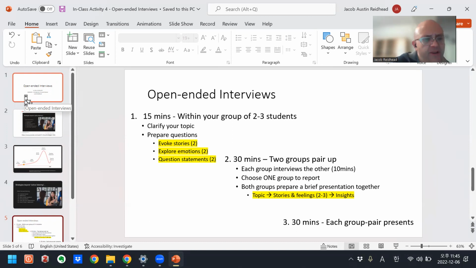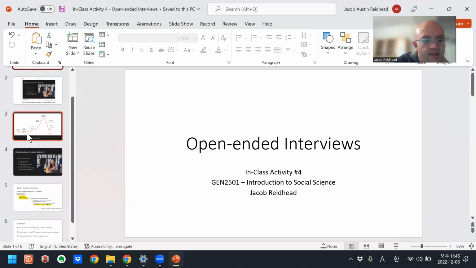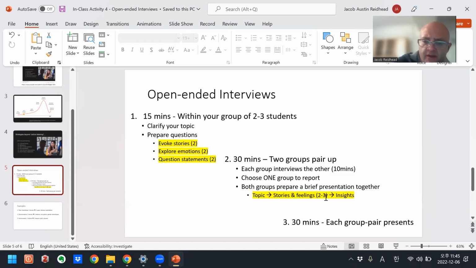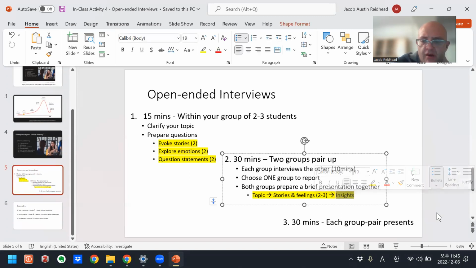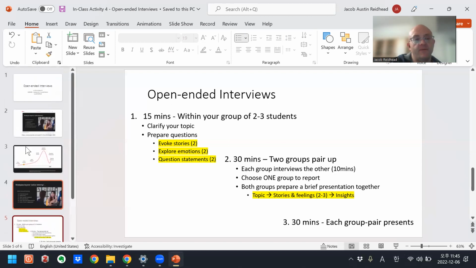In terms of evaluating the students for this activity, I give an effort grade. I don't grade them based on how insightful their conclusions are. I just give them a participation grade based on effort. So if they're participating and fully engaged, then I give them full credit.